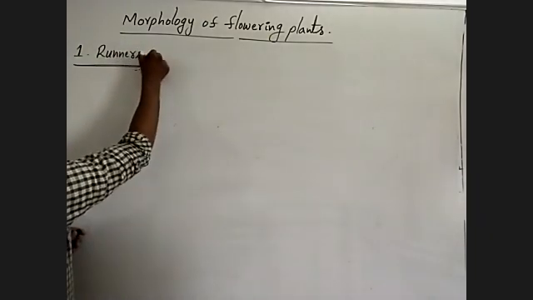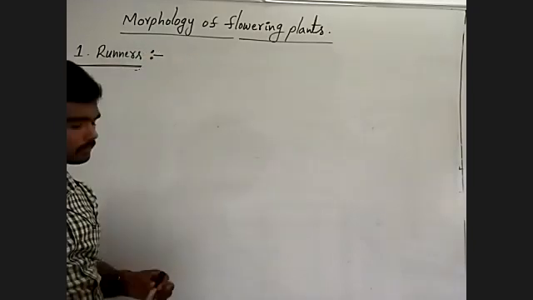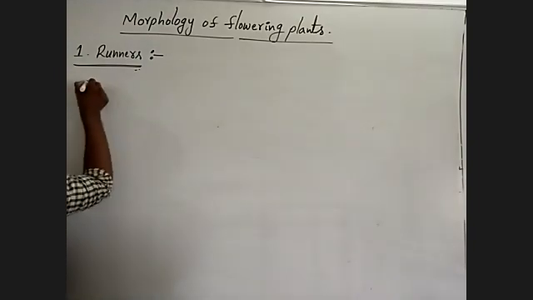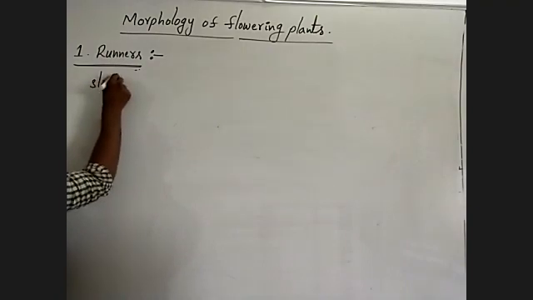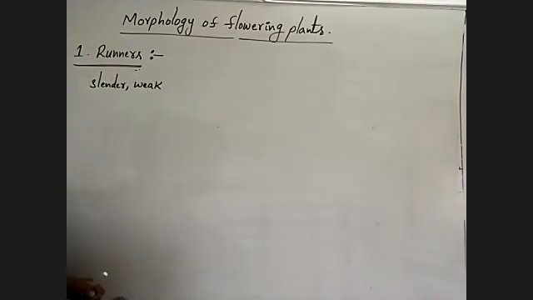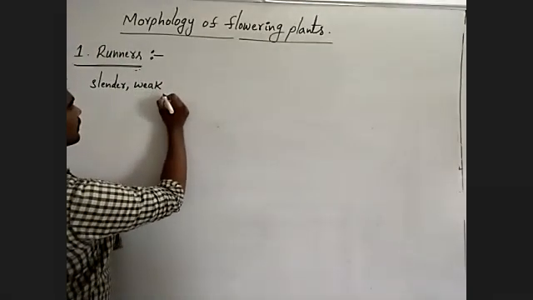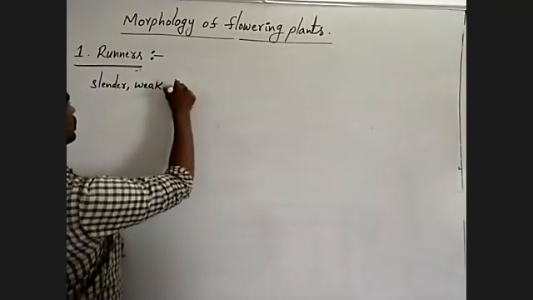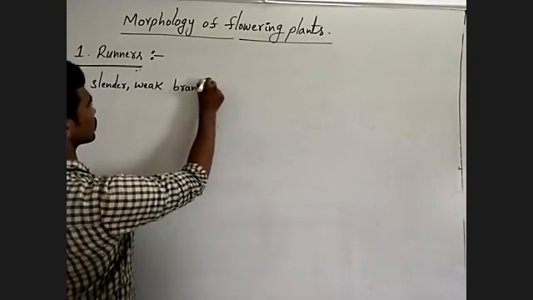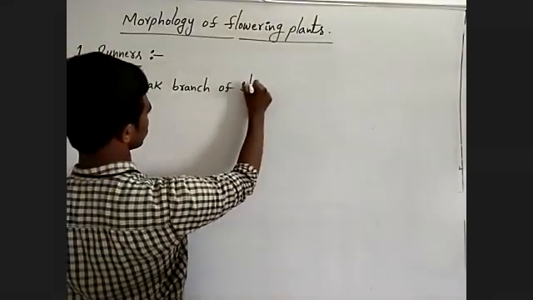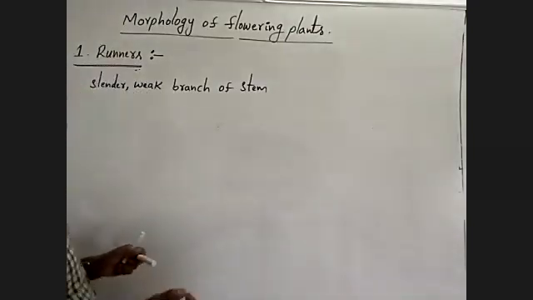First one is runners. What are runners? Runners means slender, weak lateral branch of stem. Slender, weak branch of stem